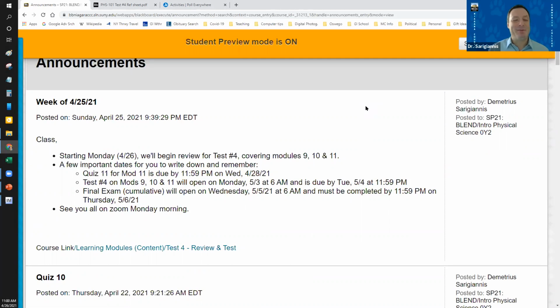A few things I wanted to make sure you remember, because I'm forgetting too. Everything's sort of coming together at the end of the semester. I'm sure the other classes that you're in are also trying to wrap things up. Quiz 11 for Mod 11 is due this Wednesday. So we just finished Mod 11 last Friday. You should have done the homework. Again, I'll take the homework late, but you know, Mod 11 is the